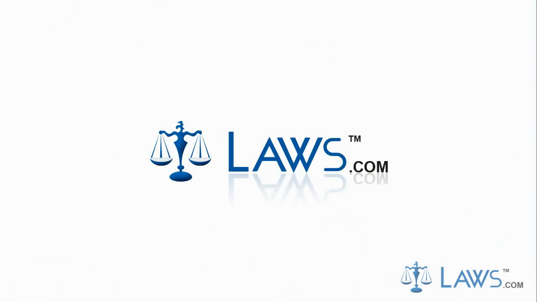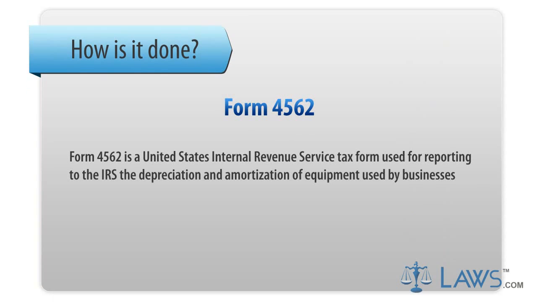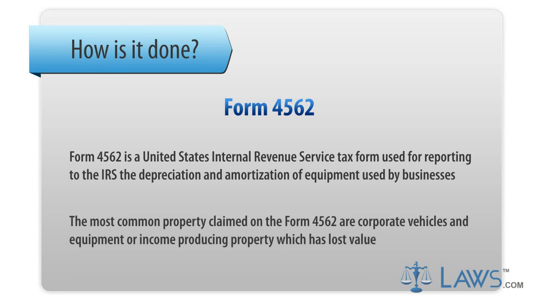Laws.com Legal Forms Guide. Form 4562 is a United States Internal Revenue Service tax form used for reporting to the IRS the depreciation and amortization of equipment used by businesses. The most common property claimed on the Form 4562 are corporate vehicles and equipment or income-producing property which has lost